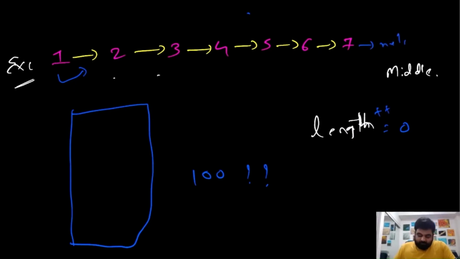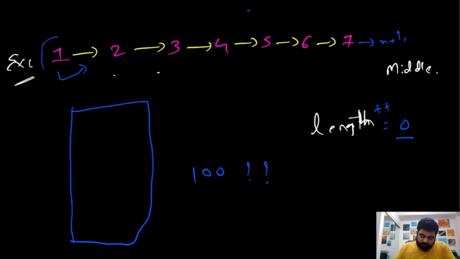And apart from updating the length value, we are also going to add whatever the node we iterate over inside our array as well. And how it will help us, let me just quickly show it to you. So suppose our given array, so these are the index values. Let's start adding the actual list node values. So first of all, we are at this position, so we'll add value number 1,